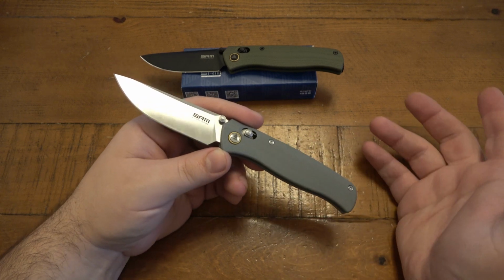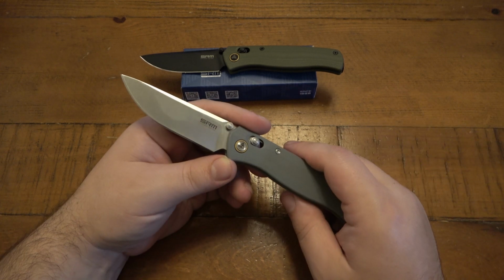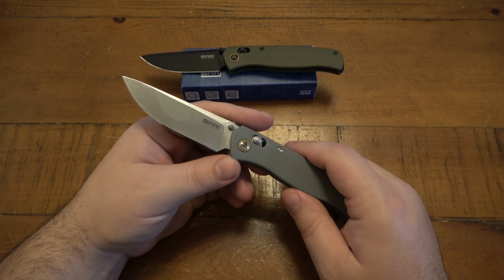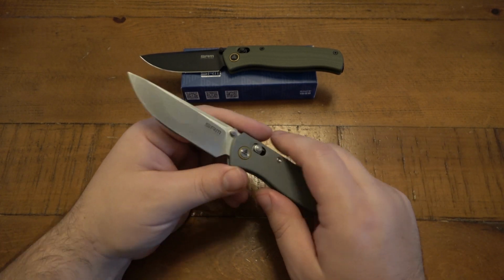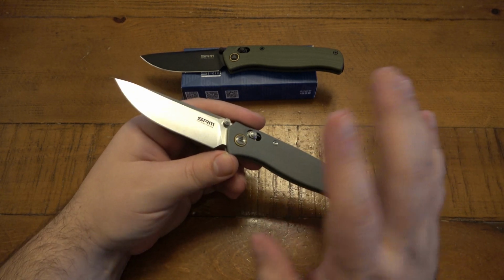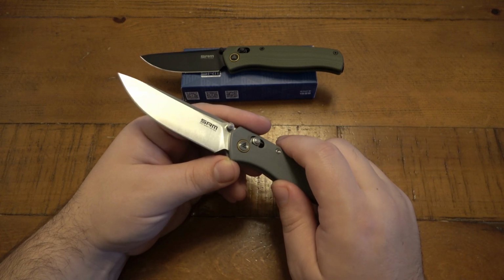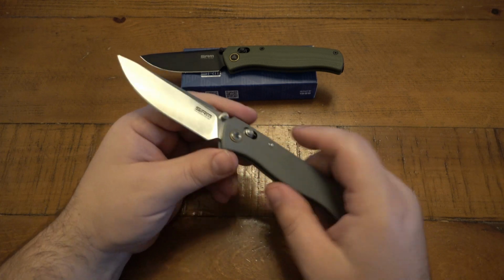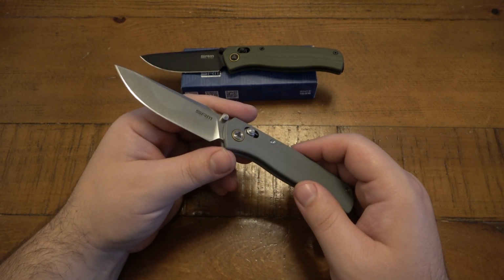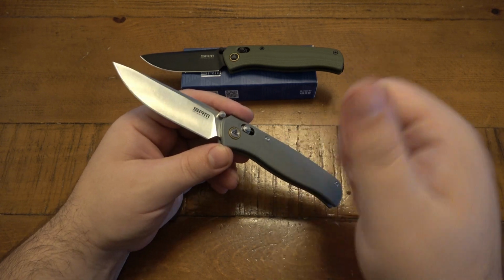If you've used Magna Cut or S90V, this is probably not going to blow your socks off. It's totally fine. I used the knife, it got dull, I sharpened it, that was it. Actually, I'm lying. I never actually sharpened these. All I did was strop them, and it came back to a nice, very, very sharp edge. I have no problem with that at all. So 10CR15CoMoV, okay in my book. No issue